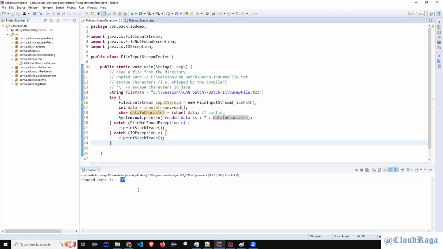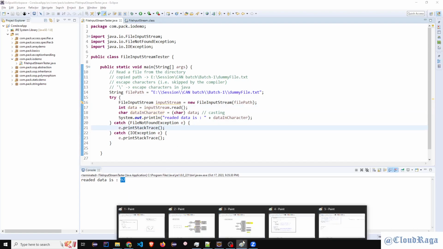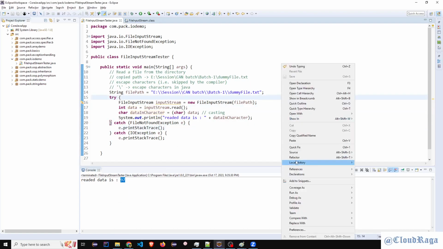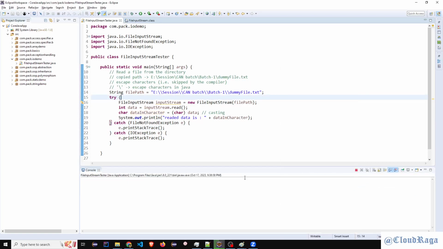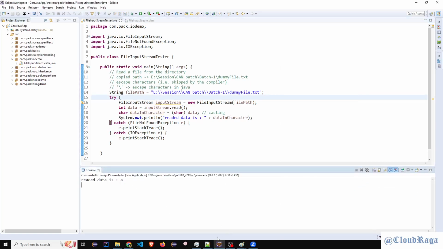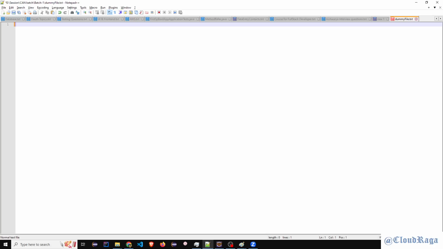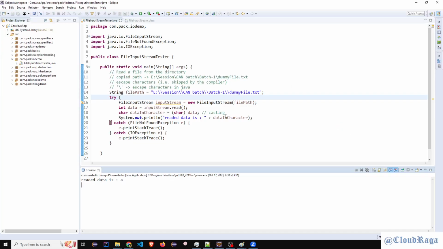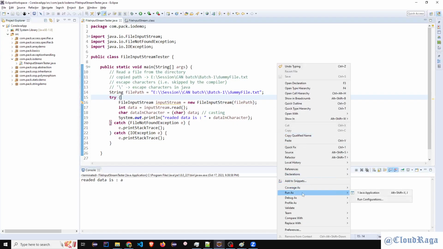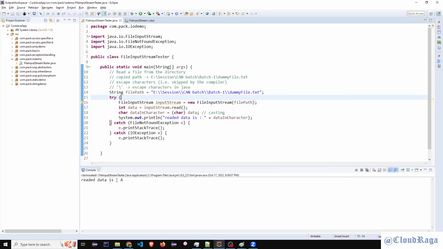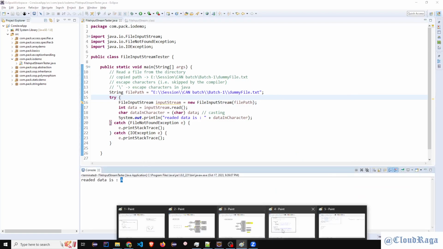So far we are just printing it, that's why we are casting it. Maybe we can use that data or that result from the file and use it somewhere else. So for now, the task was to read from the file and print on the console. So let's run this code, then I'll explain the terminologies. Yeah, small a. Let's put capital A. Again, the file is saved. Let's run the code. Run as application, capital A. So in this case, what happened?